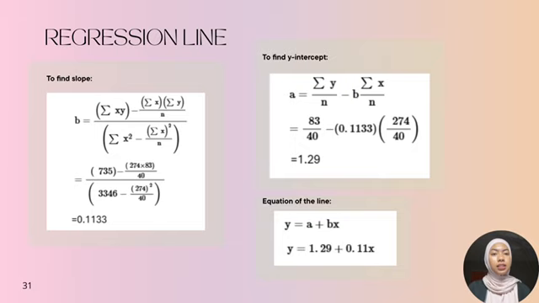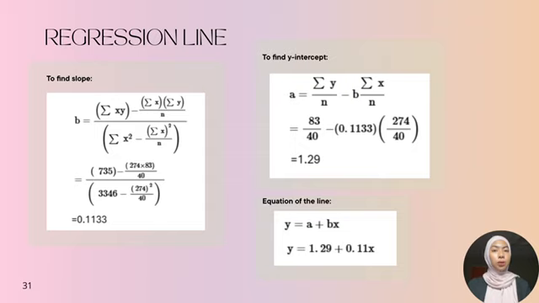The formula for b is the sum of xy minus the product of the sum of x and the sum of y divided by n, all divided by the sum of x squared minus the square of the sum of x divided by n. After substituting the values into the formula, the slope b is 0.1133. Next, we calculate the y-intercept, which is represented by a. The formula is a equals the sum of y divided by n minus b times the sum of x divided by n. After substitution, the value of a is 1.29, so the regression equation becomes y equals 1.29